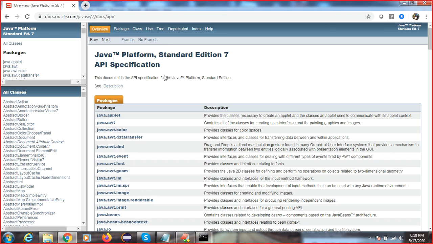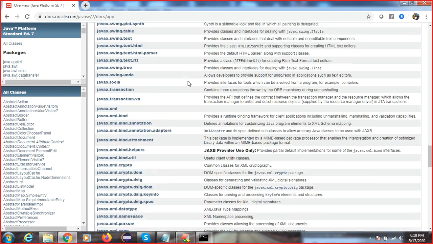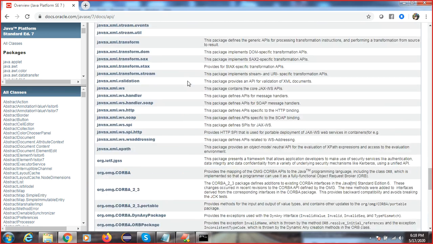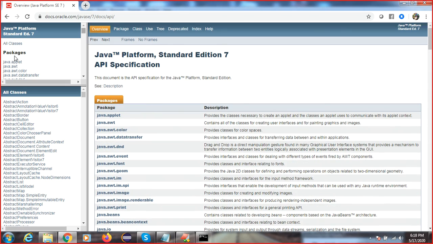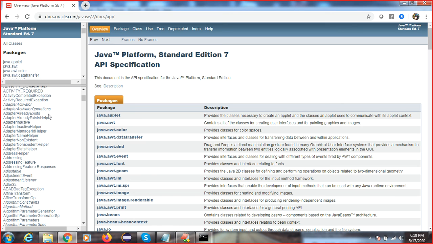So this is your Java API, your inbuilt packages. Inside this we have many classes, interfaces, methods, variables. Java is like a complete library, and with each new version, new predefined classes, already developed by the Java people, are added.